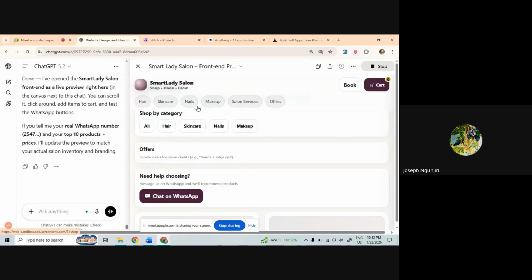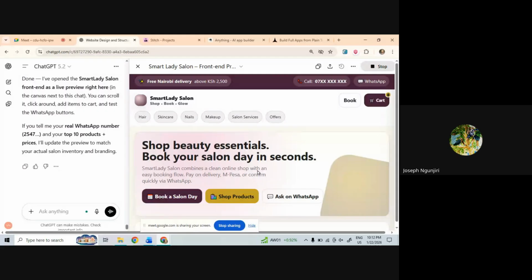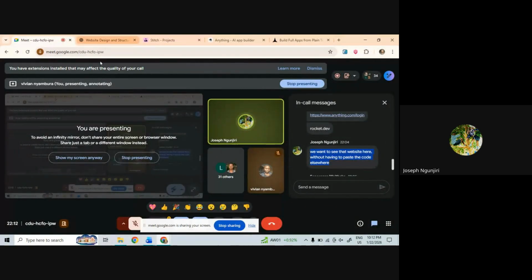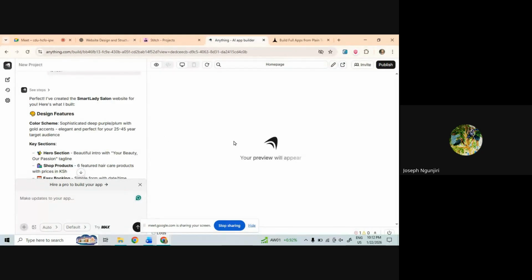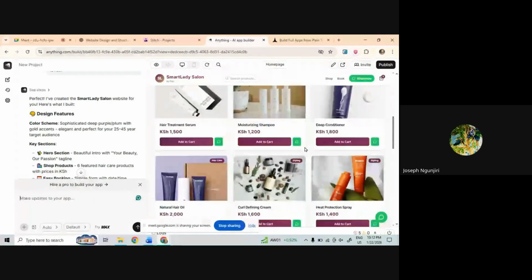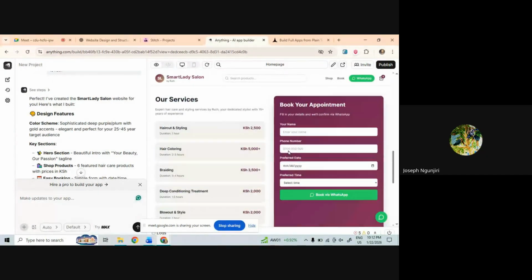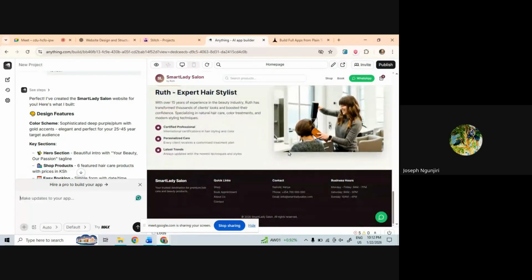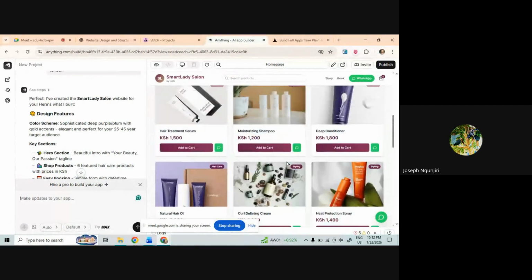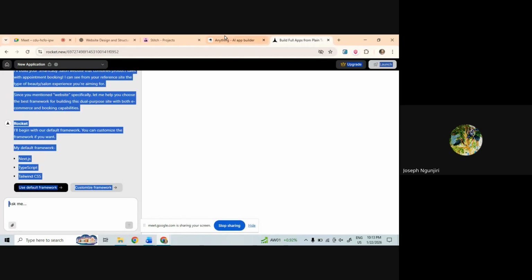Somehow good. Yours looks better than what I got. I think this is good. So we have seen Stitch and ChatGPT. Anything, the preview will appear. This is a smart lady salon. Very nice one. There is even an appointment booking place. You can see. I think we've actually started doing something